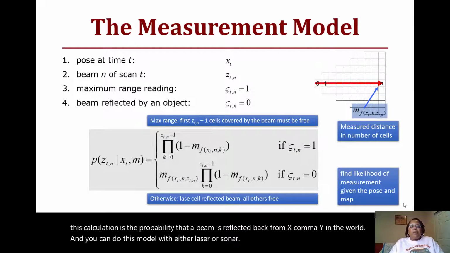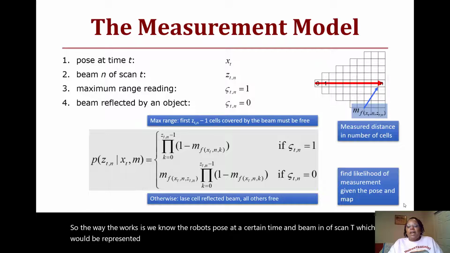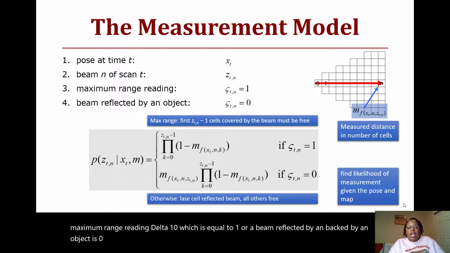So the way the measurement model works is we know the robot's pose at a certain time, and beam n of scan t, which would be represented by z_t^n, which is shown by this red line here. And then we would have a maximum range reading, delta_t^n, which is equal to 1, or a beam reflected back by an object is 0. So once again, beams reflecting things back show 0, or occupied, or maximum range sensing would be a 1